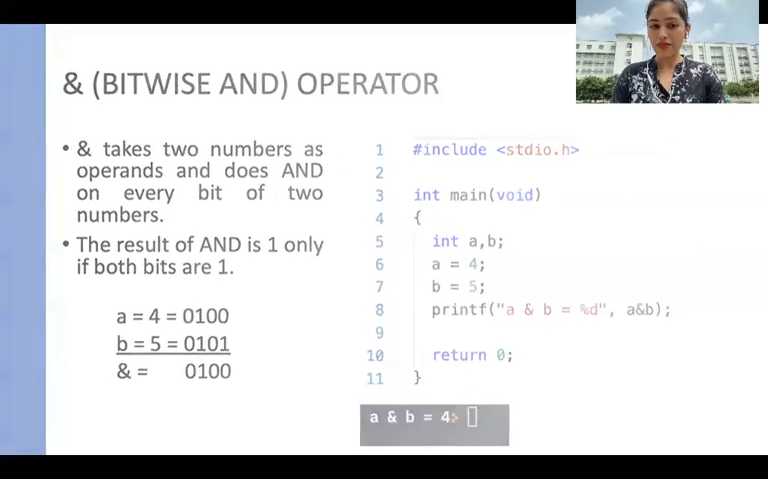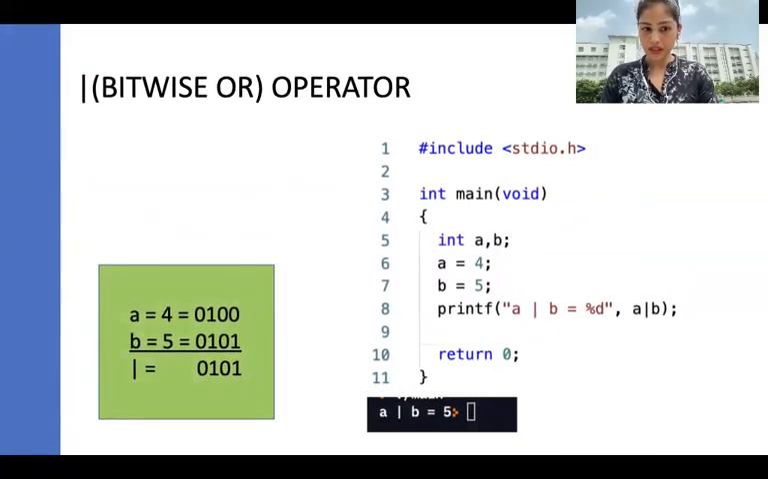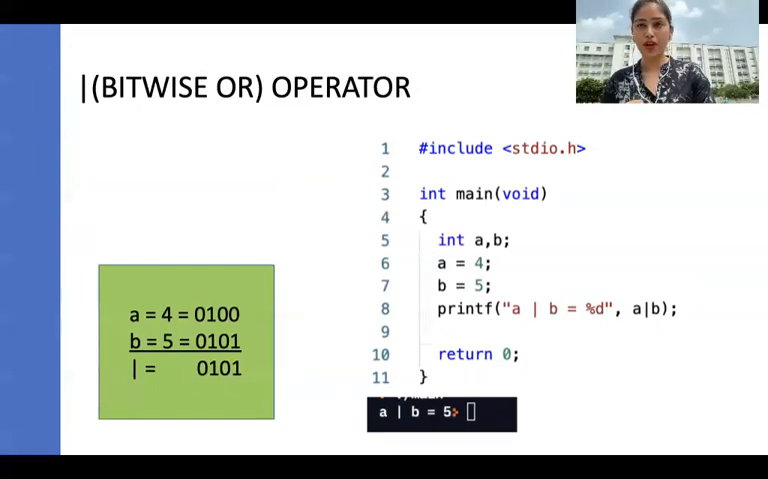Then the next one you have is the bitwise OR operator. So what is this bitwise OR operator? In contrast to the bitwise AND, where you need both inputs to be true to get the final output value as true,